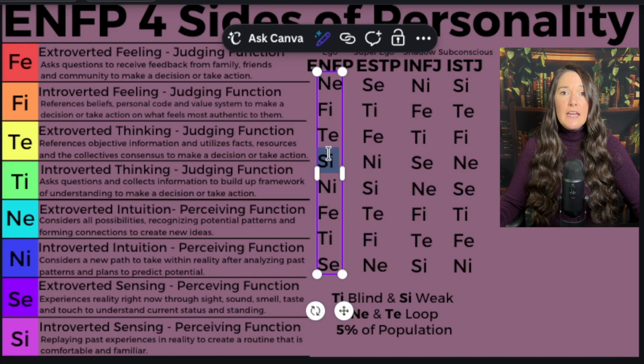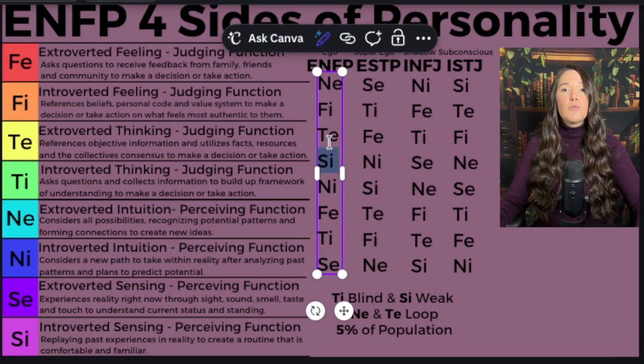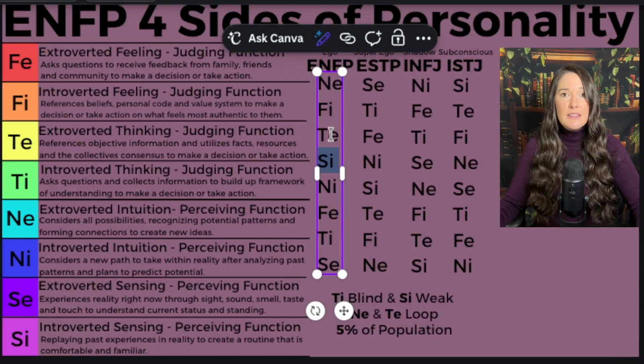When they're communicating, they're ranting and rambling and taking tangents in so many different directions that you might be confused more often than not when you're listening to the ENFP, but they're going to reassure you, just be like, be patient. I will get to the point. It's all going to connect at the end. Just believe in me. I really believe in what I'm saying. I really feel like this is the right thing to be talking about right now. So just give me some time and I'll get to the point.